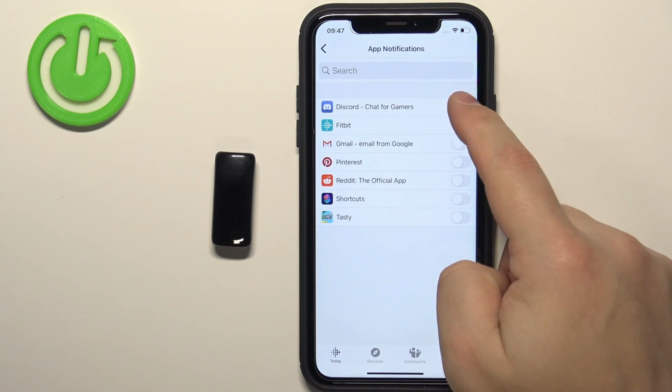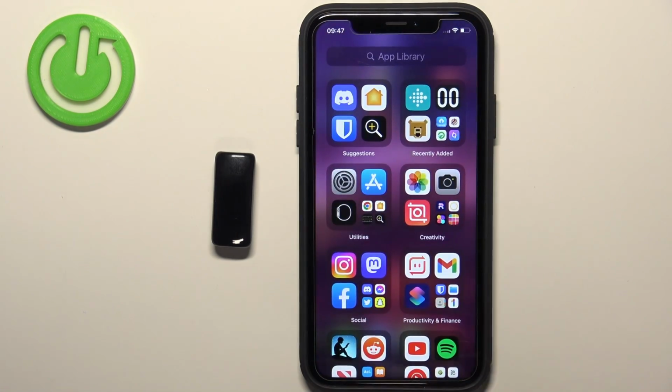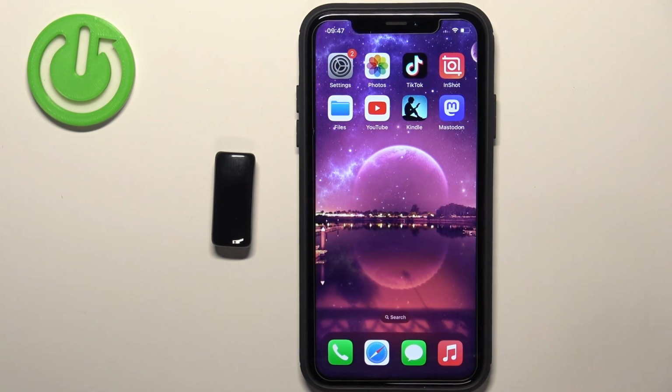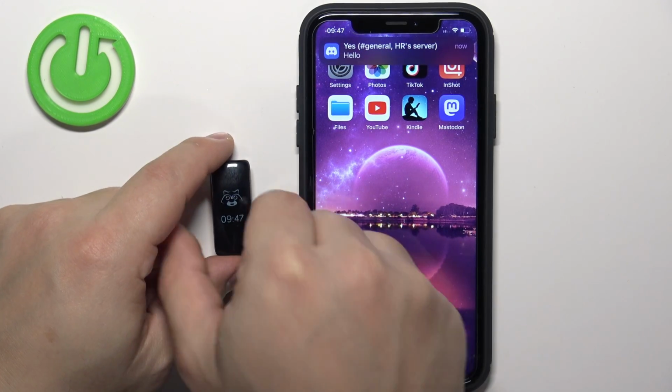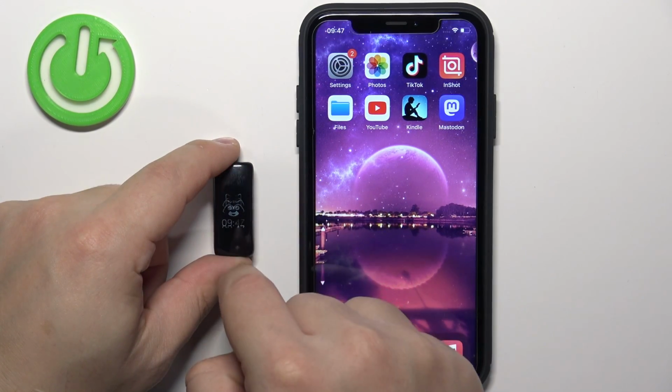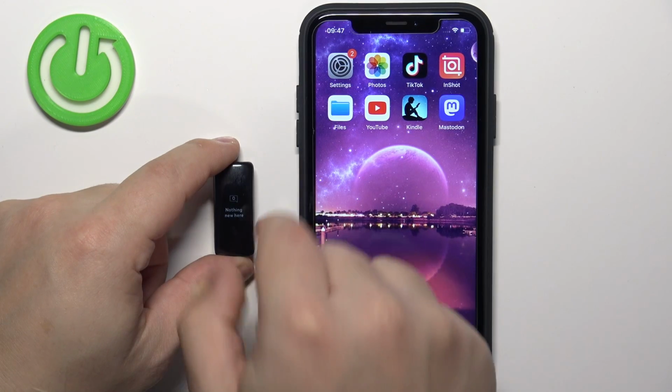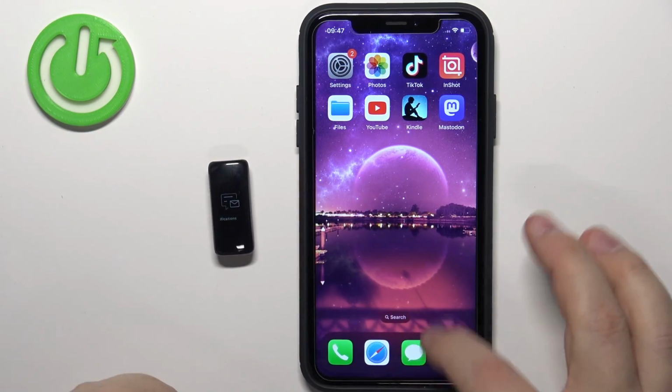So I'm gonna enable the notifications for Discord, and then I'm gonna show you that it works. So I'm gonna send myself a message on Discord. As you can see, we got the notification on our iPhone. And let's see if we got it on our smartband. We did not. For some reason,